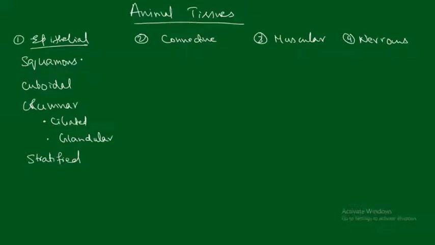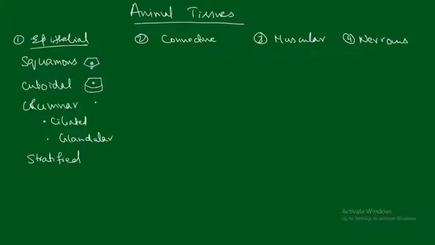So these are the different types. Squamous, if we draw a generalized structure, are flat cells with a prominent nucleus, and squamous cells are found mainly in the lining of the mouth, nasal cavities, blood vessels, and lymph vessels. They have an important function for protection from mechanical injury, germs, harmful chemicals, and from drying up. When we look at the cuboidal, these are similar, except they have some depth, so they appear in a cuboidal shape. These are generally found in glandular ducts like the salivary glands and pancreatic ducts.